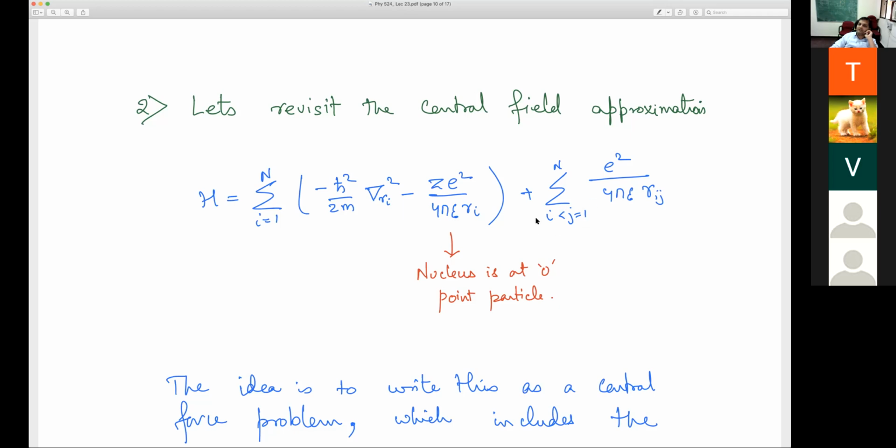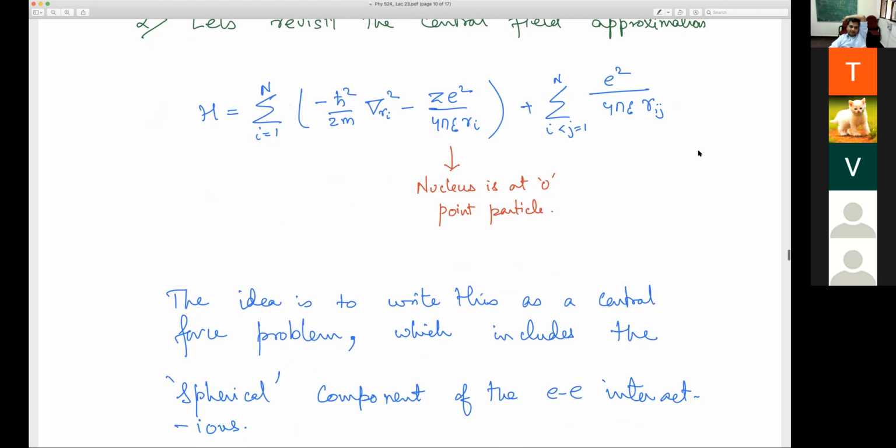And just to avoid double counting, I'll start from 1 electron, and for that electron, j can only be 2, 3, 4, 5, 6 and so on, just to avoid double counting of pairs. The last term I can also write as half of the sum over i, j equal to 1 to n, i not equal to j, because I do not want the same electron interacting with its own field. That becomes a bit spurious. A charge does not interact with its own electric field; other charges interact with this one's electric field. So that's the idea.